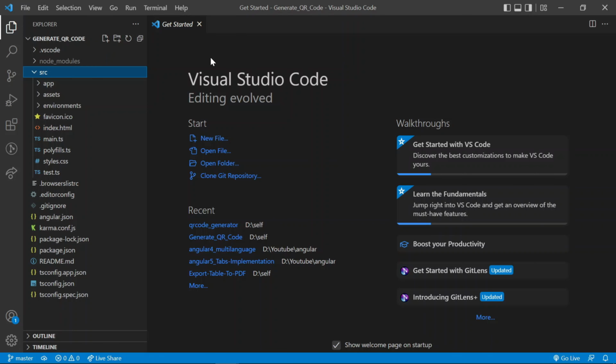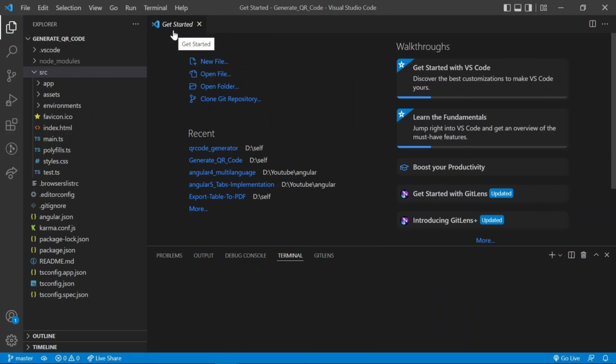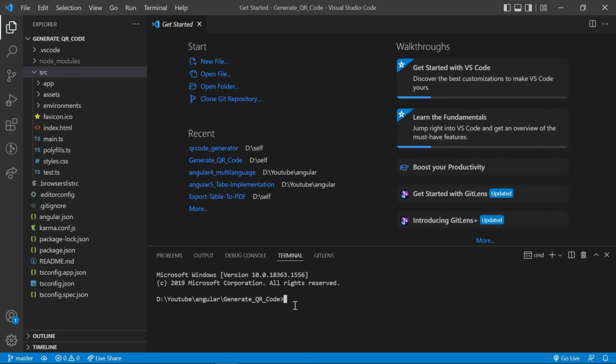For QR code, there is a module available in NPM. So first we are going to install that module, then we will go inside our code. I open the terminal. Here I am going to add Angular Material to our project.